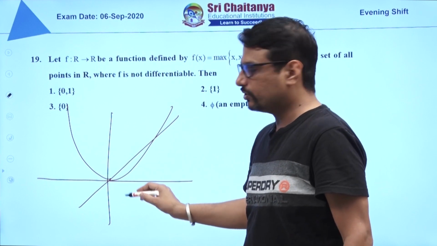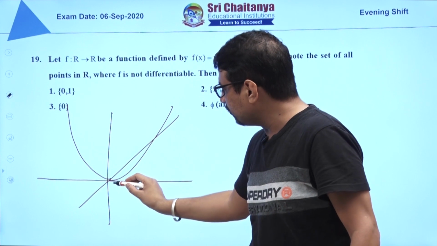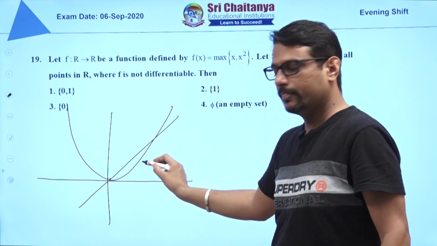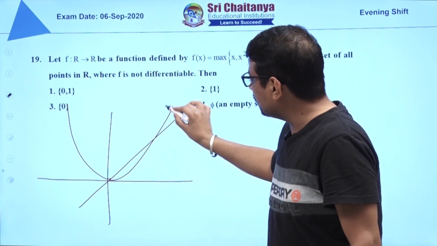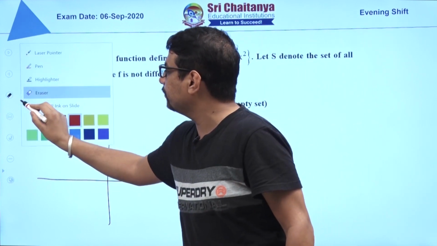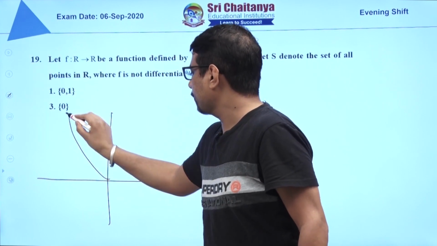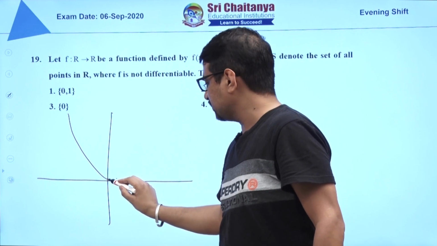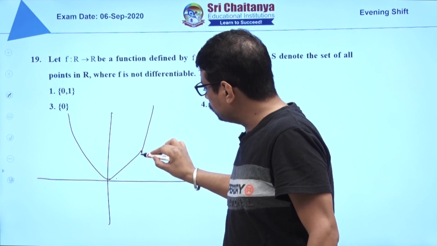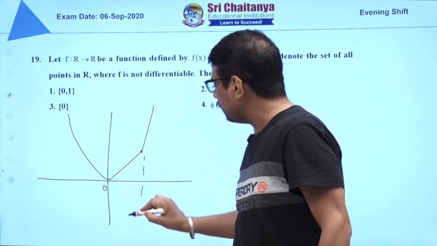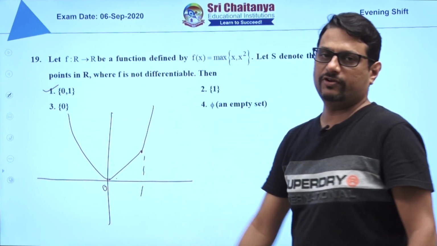I will remove this. Before that I will tell here this is maximum above this. In this interval between 0 to 1, x is maximum. After 1, x square is maximum. So if you are comfortable with graph, then final graph if I draw, final graph here will be, here it becomes horizontal, then there is a sharp turn in this manner, and then it goes in this manner. So these are the 2 points 0 and 1 where it has a sharp turn. So 0 and 1 are the points where it will be non-differentiable.